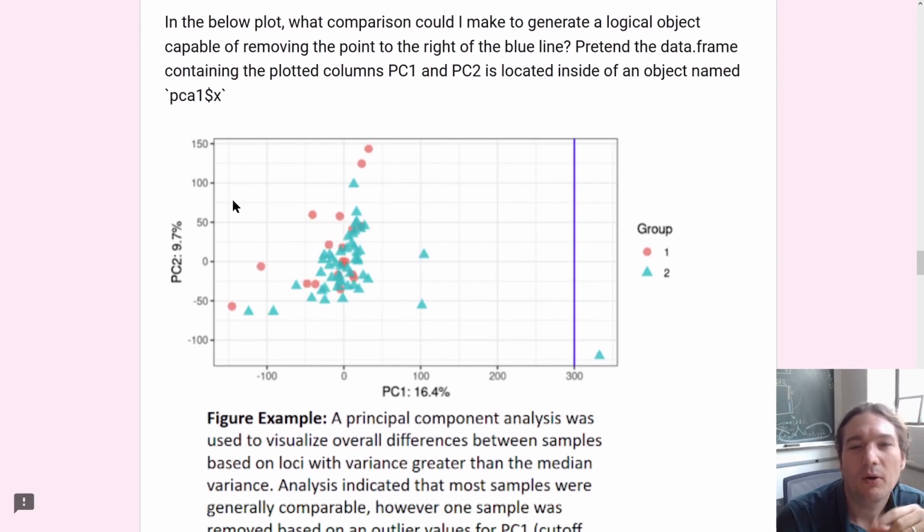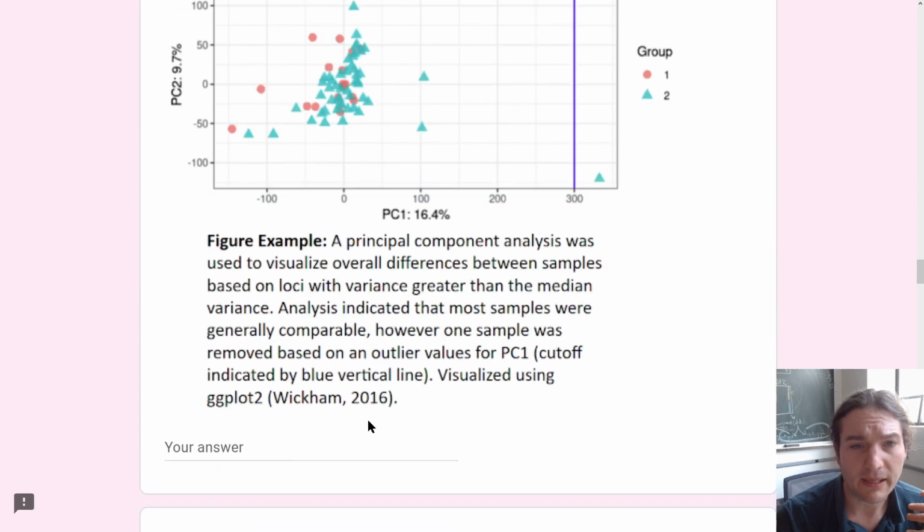In the below plot, what comparison could I make to generate a logical object capable of removing the point to the right of the blue line? Pretend the data frame containing the plotted data, PC1 and PC2, is located inside of an object called PCA1$x. So if this by itself is a data frame, the output of prcomp is a data frame inside of a list. So this would be the data frame inside of the PCA1 list object, which is the output of prcomp. In that scenario, I'm extracting PC1, so I need to do something that allows me to